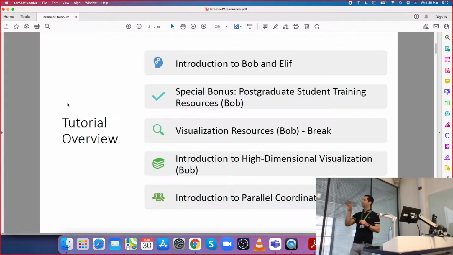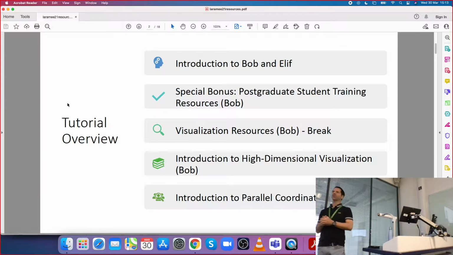Now most talks or most packages have the special bonuses at the end. This one, I've decided to put the special bonus at the beginning and mix things up a little bit. It's a postgraduate student training material, so it's a general training material that you might find interesting. Then we're going to talk about visualization resources, like what are the resources that are available to you? That's a question that we get a lot, and this is actually my first time presenting the answer